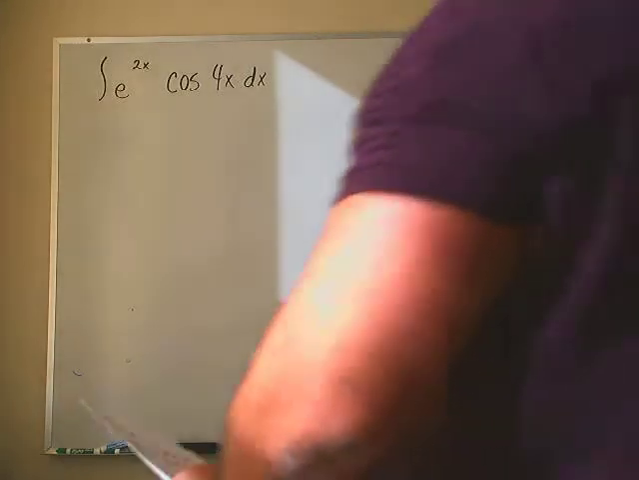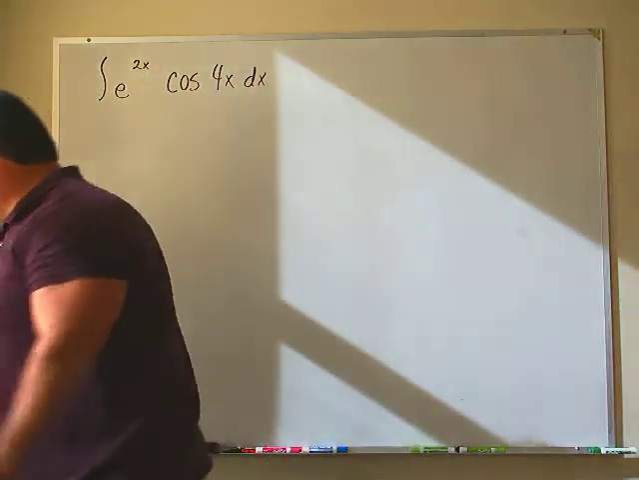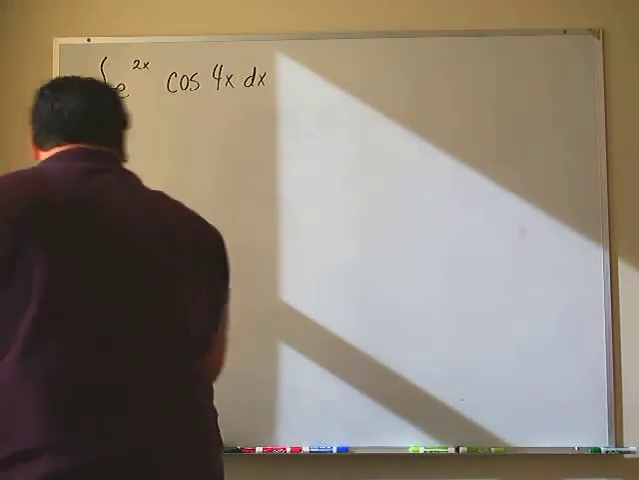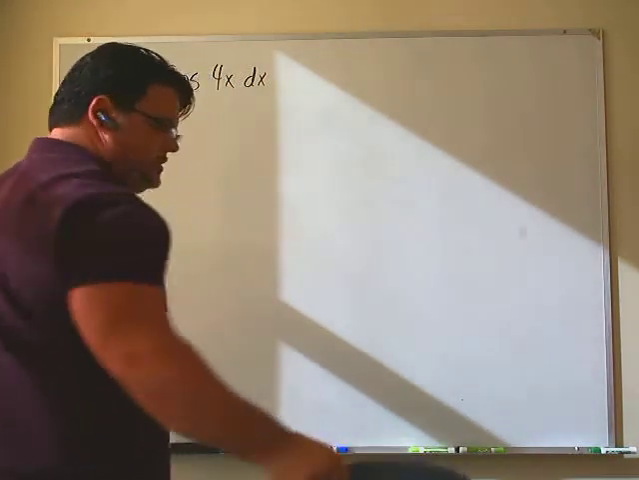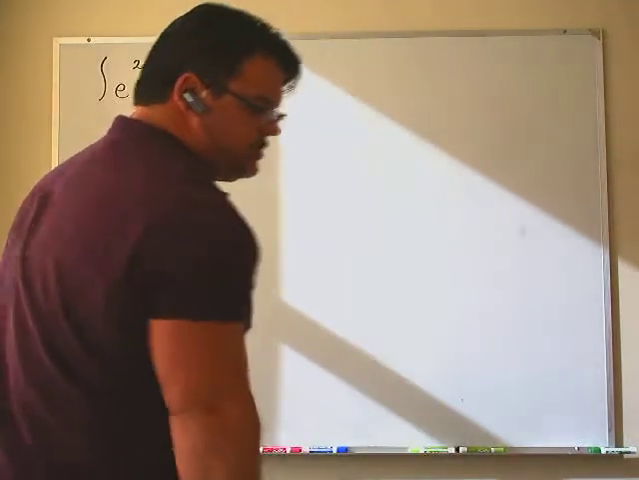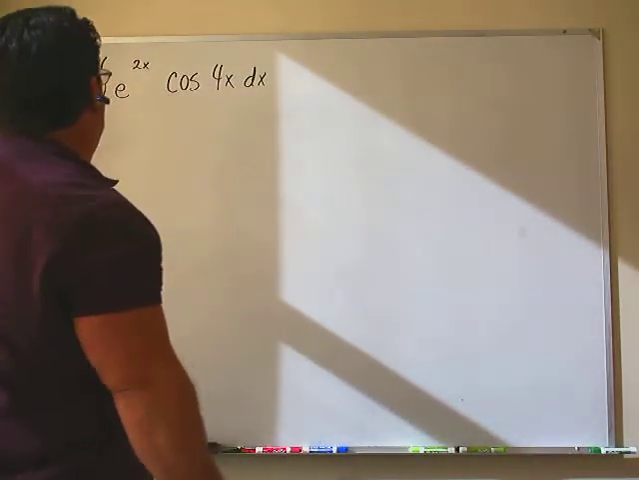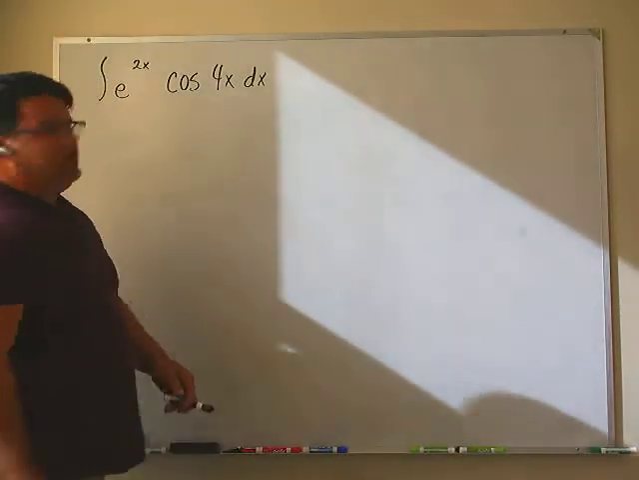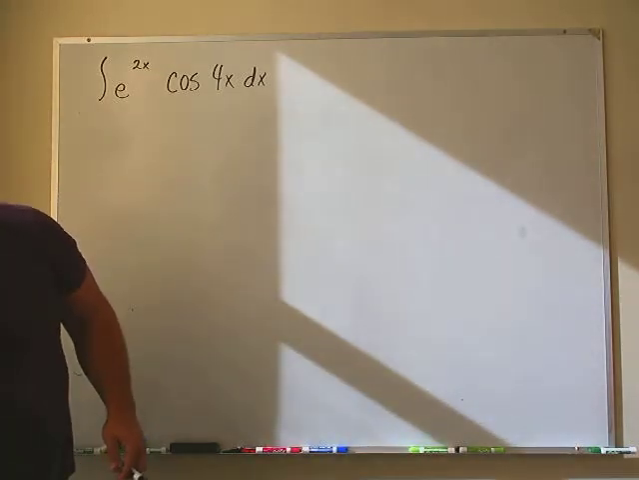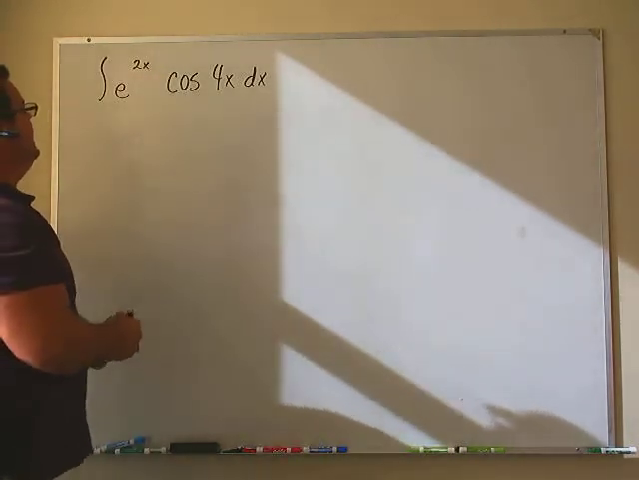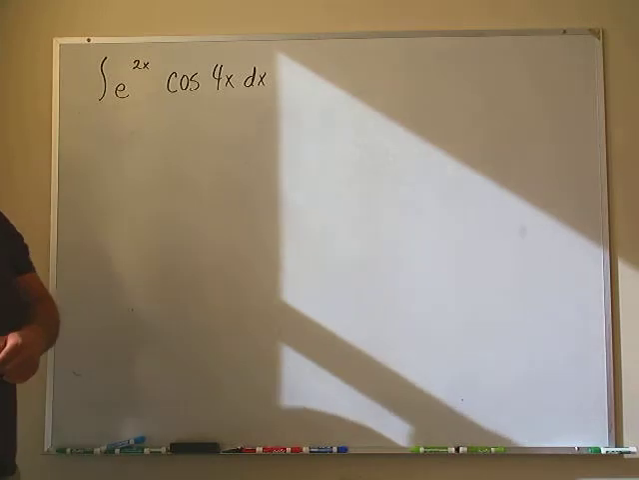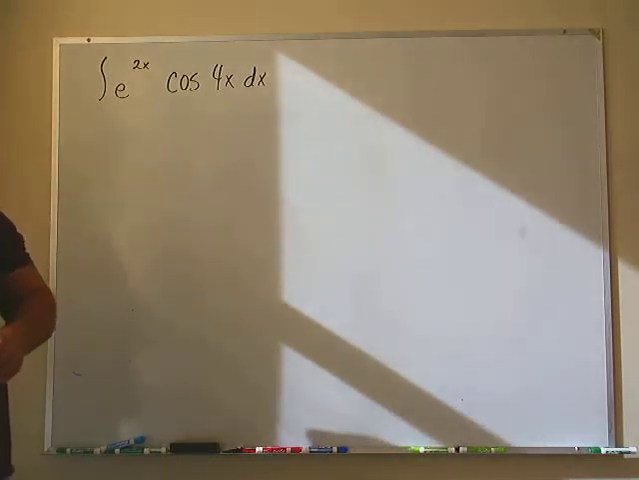This question comes to us from Calc 2. I think I went over one of these the other day. I'm not sure. It's kind of like it. And here we're taking the integral of e to the 2x cosine 4x dx. And this is out of section 2, which is